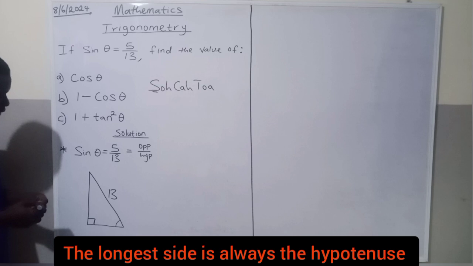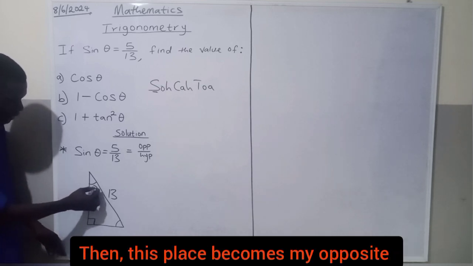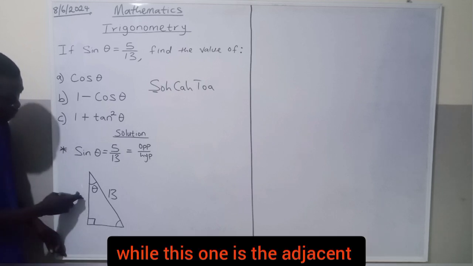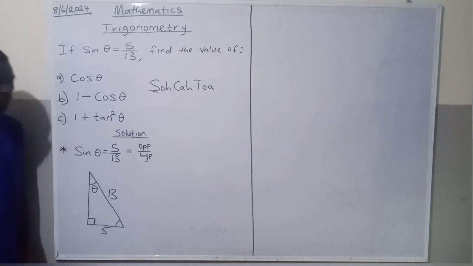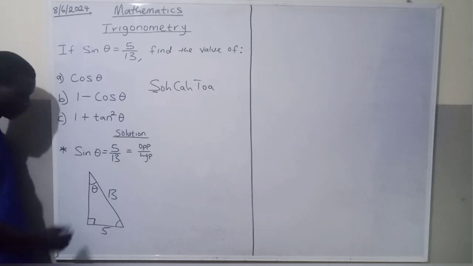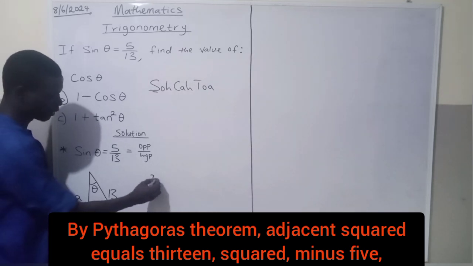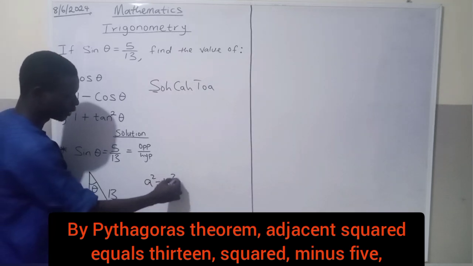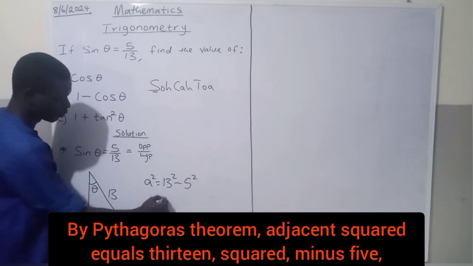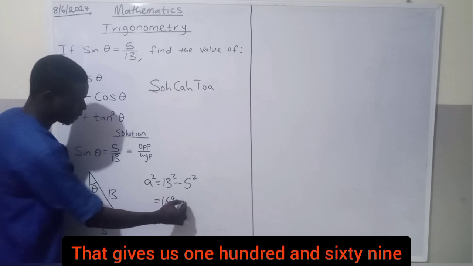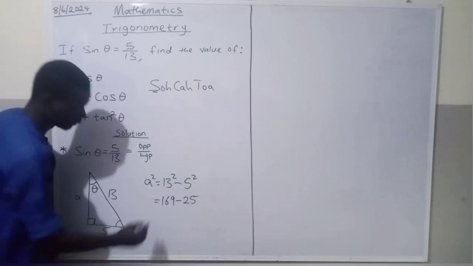If my theta is here, then this place becomes my opposite, while this one is the adjacent. So my opposite is going to be 5 here. Then by Pythagoras theorem, if I call this adjacent A, A squared will be equal to 13 squared minus 5 squared. That gives us 169 for 13 squared minus 25 for 5 squared. When we do 169 minus 25, it's going to give us